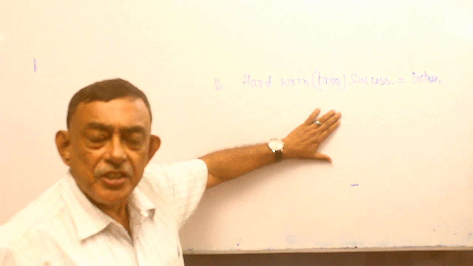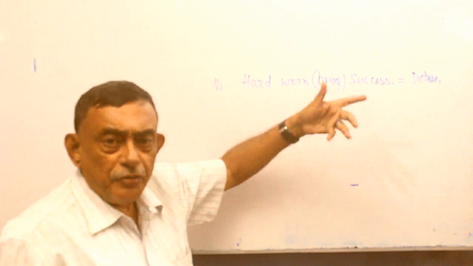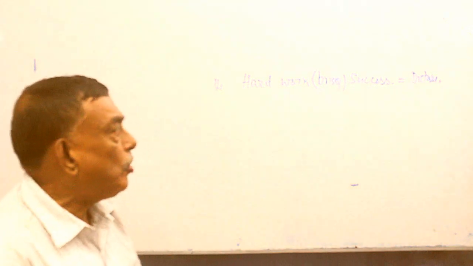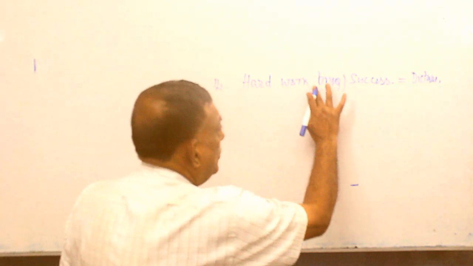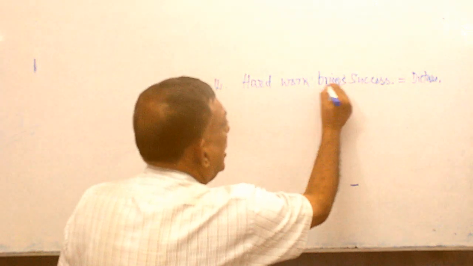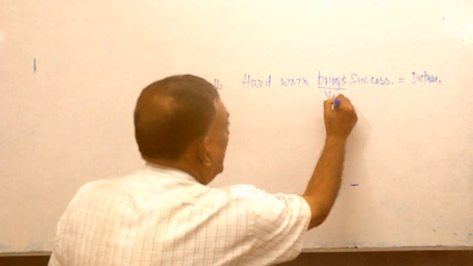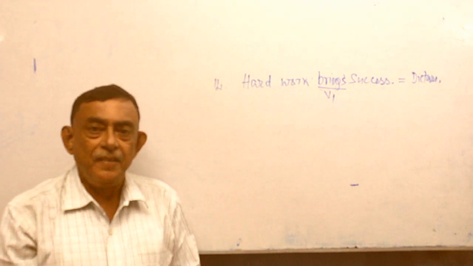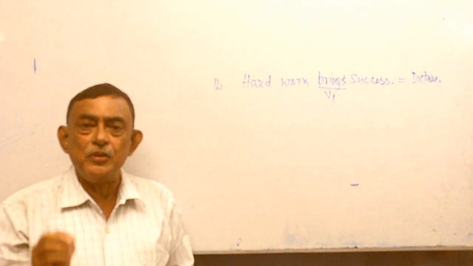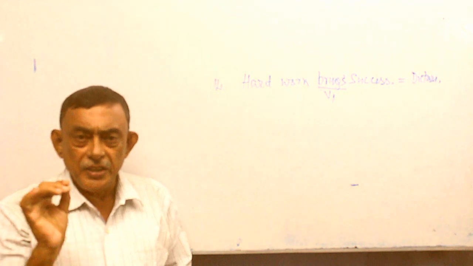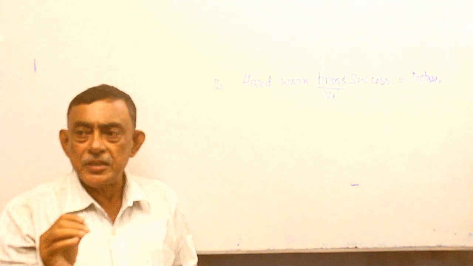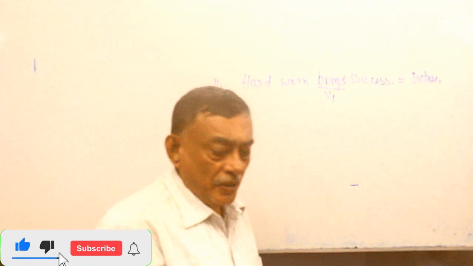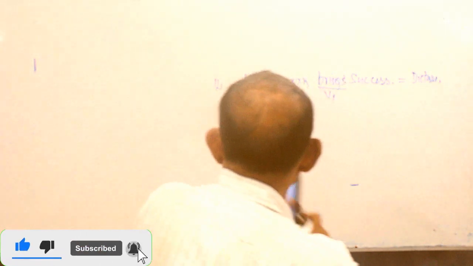All dictums, just like natural phenomena or universal truths, have to be shown in the present indefinite form. So what you have to do? You have to make the verb bring V1 brings. Clear? Hard work brings success. This is called tips and tricks. You don't have to do anything. Just follow the rules, the tips and tricks of the sentence, and after that you will find that you are absolutely fine. Next question is number 15.